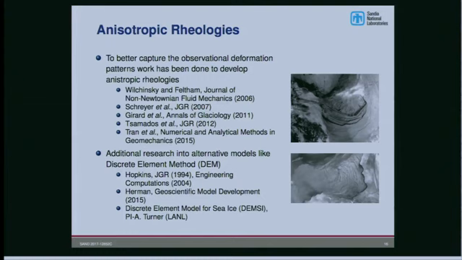And so there has been also work on discrete element method models. And I just want to put a quick little plug in. There's a newly started project that I'm working on. It's led by Adrian Turner in Los Alamos, where we're looking to create a discrete element model for climate modeling. So if everything goes well and we can get it to work numerically and be fast enough, it would potentially be a model that could replace, for example, MPAS sea ice, for those of you who are familiar, in the Acme code.